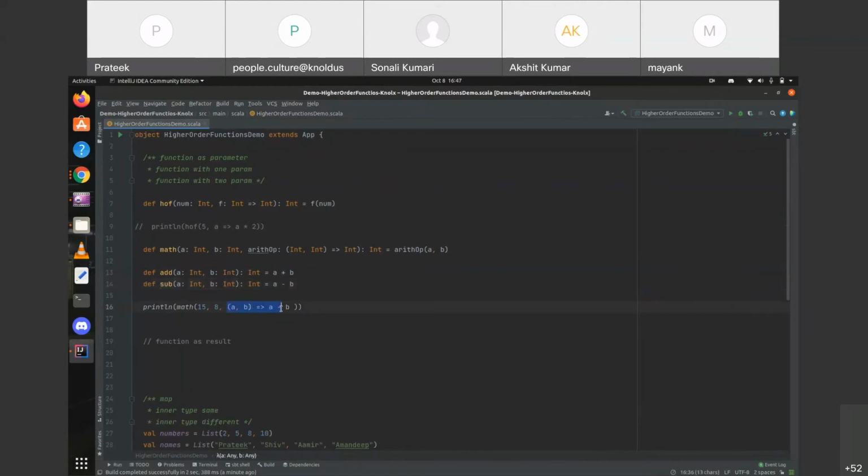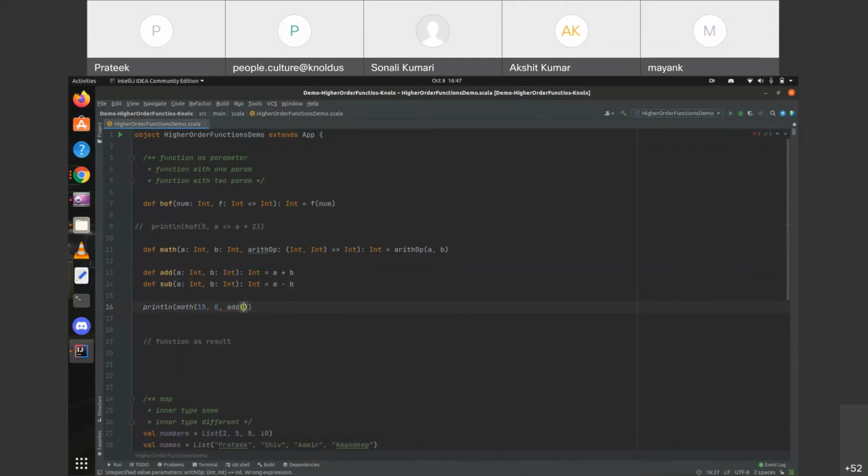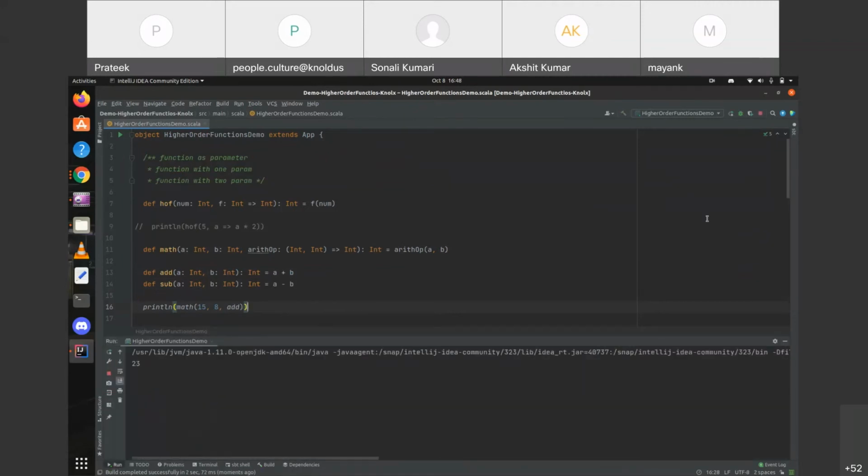So instead of defining the function here, we can simply pass the function of the same signature. Let's say add without the parenthesis. So it will work the same way as the previous one. So if we execute this, we'll get the output as 23.